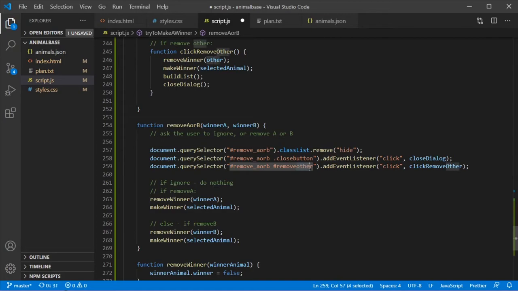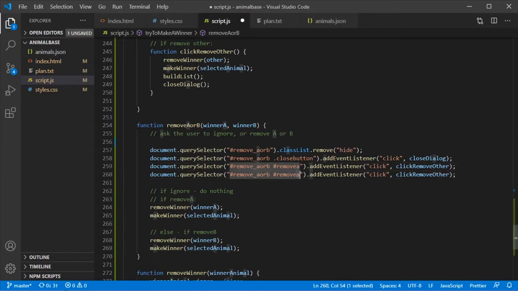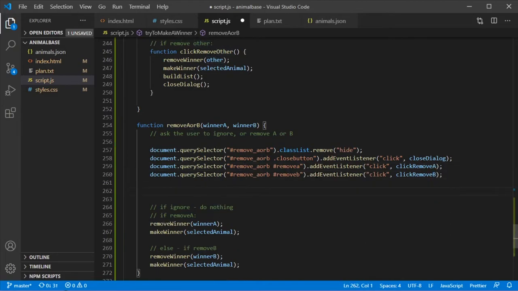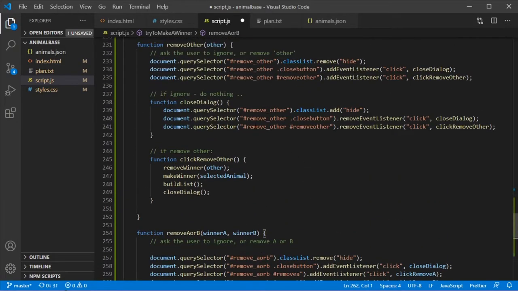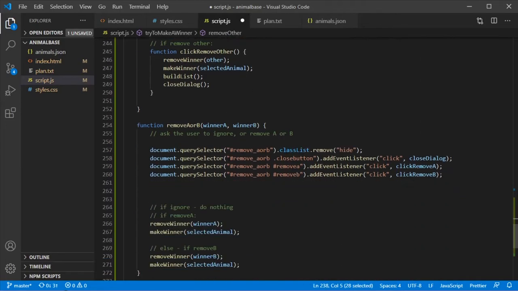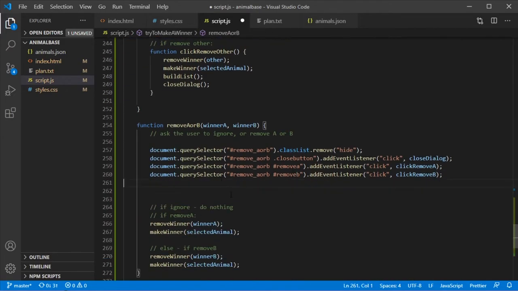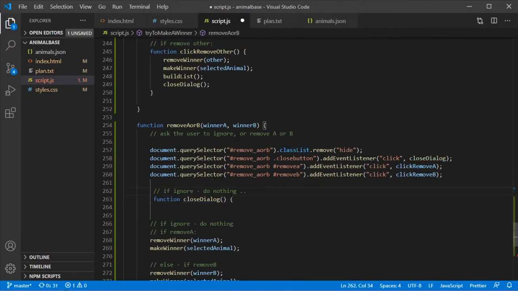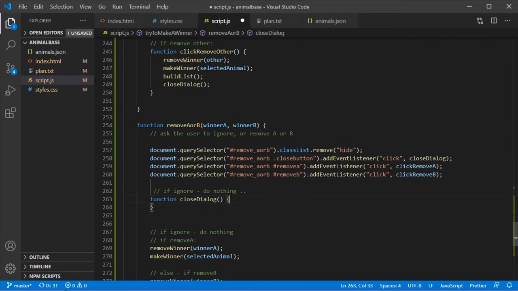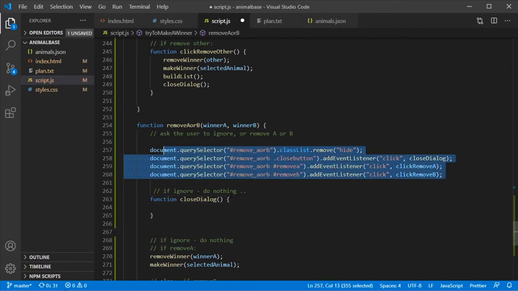And then it's going to be remove A is one of the buttons and remove B is the other. So click remove A and click remove B. I think that's it. And then we're going to have the close dialog function, same as up here. Now I'm not going to copy everything, because here I want to show how I can. If I copy all of this